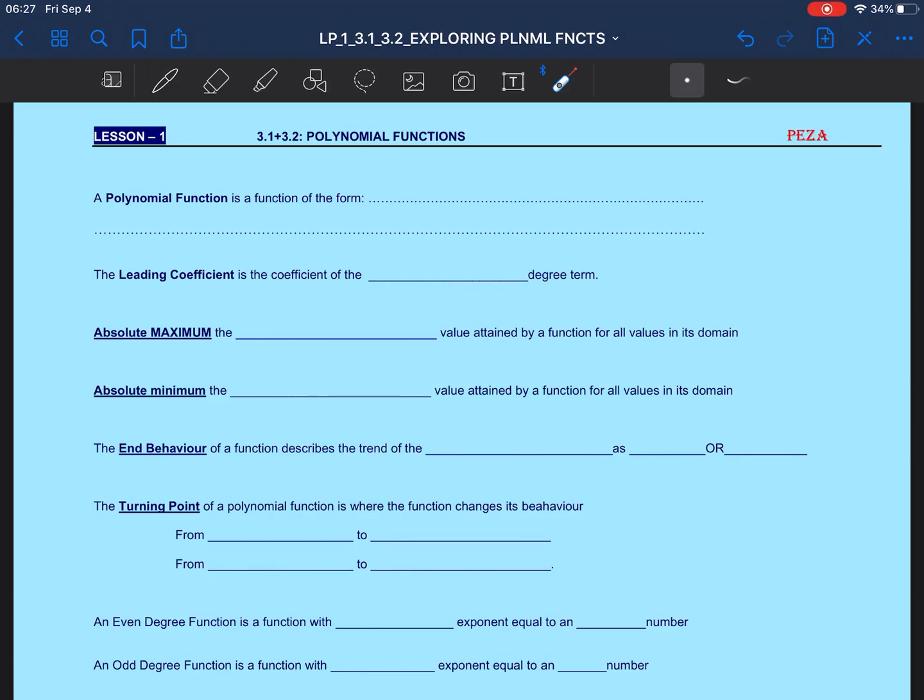Hello and welcome. This lesson is an introduction to polynomial functions. It has been prepared for students who are taking the MHF 4U or the Grade 12 Advanced Functions course. So let's get started. A polynomial function is a function in the form f of x equals